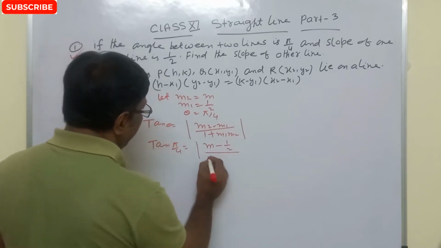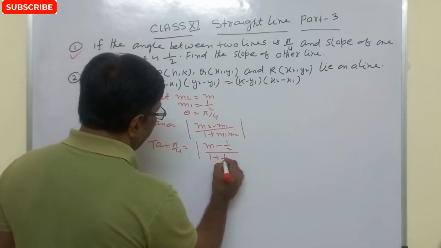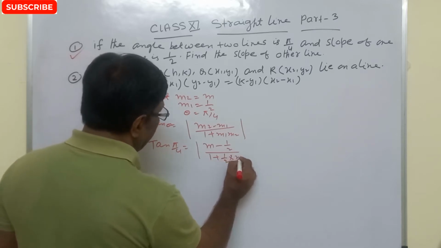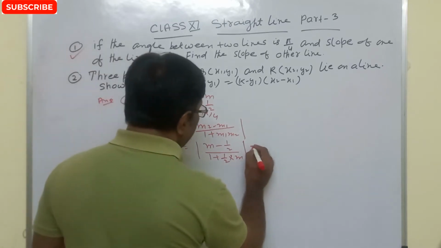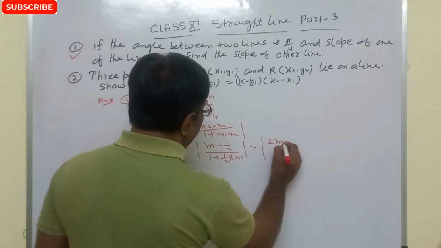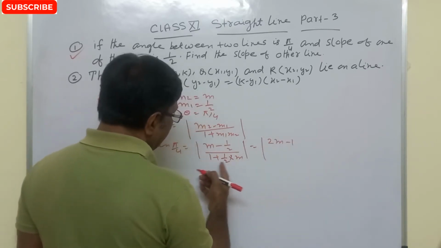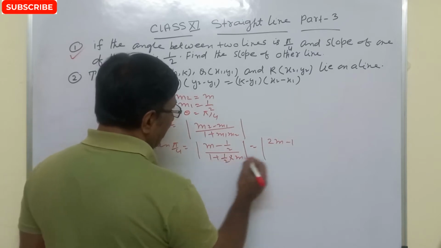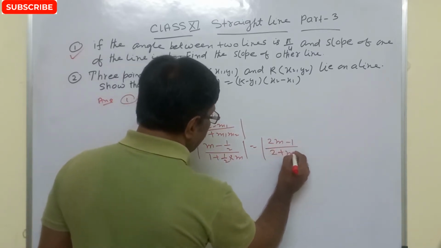And here 1 plus m1 m2, where m1 is half and m2 is m, right? So we can solve this like m minus half, we can write this as (2m minus 1) by 2, and here 1 plus m by 2, so we can write (2 plus m) by 2,